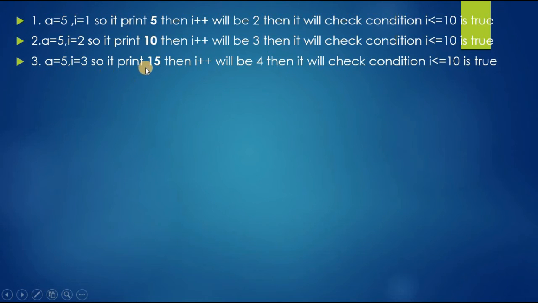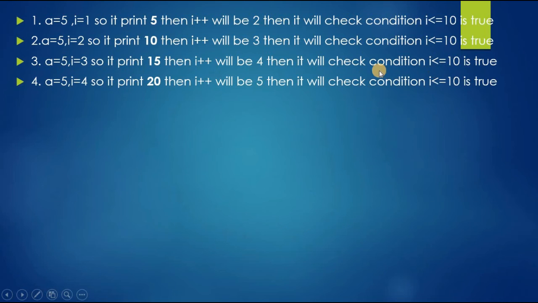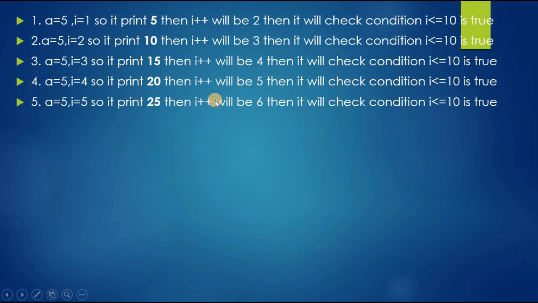Now we will get a into I, that is 15, and I will be incremented, we get I as 4, and it will check the condition again, it is true, so again it will go to the do loop and the statements will be executed. We will get a into I as 20, I will be incremented, I is 5 now, and it will check the condition, it is true, so again it will go to the statements block for execution, the do loop, a into I is 25, I will be incremented,